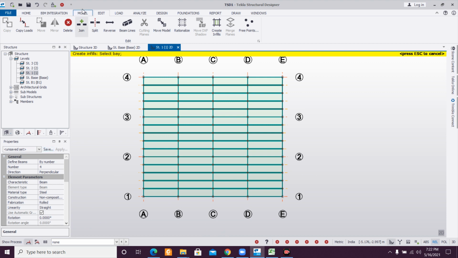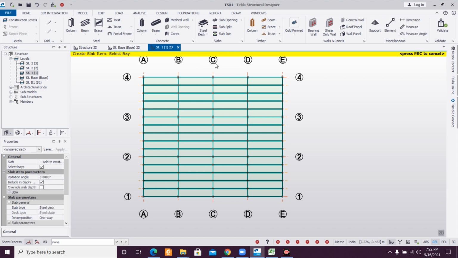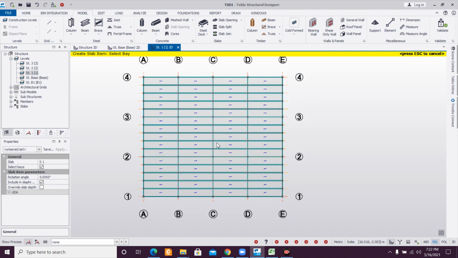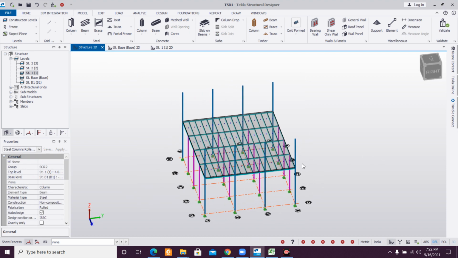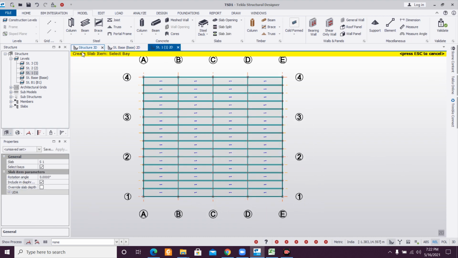and go to the structure 1 and we'll apply some steel decks. We'll go to model here, and you have this slab on beams, and you have this separate option of steel deck. So we can apply the steel decks here if we want. So we'll just select all this, and as you can see, the steel decks have been applied. So you can go to the structure,